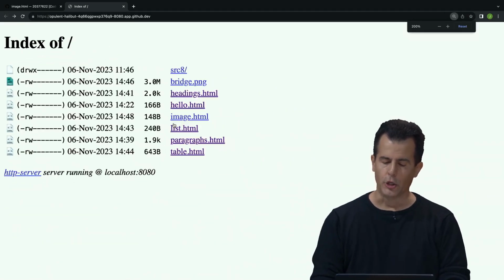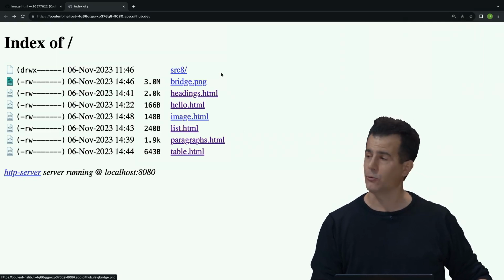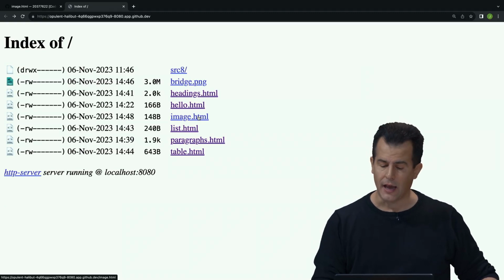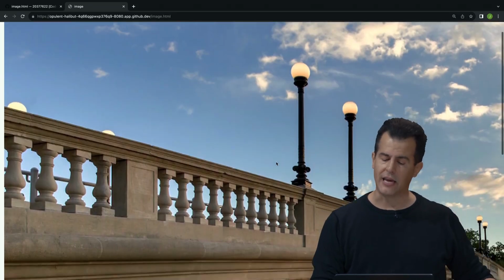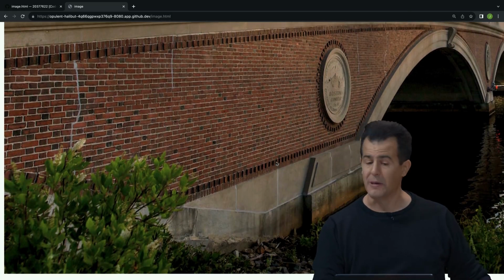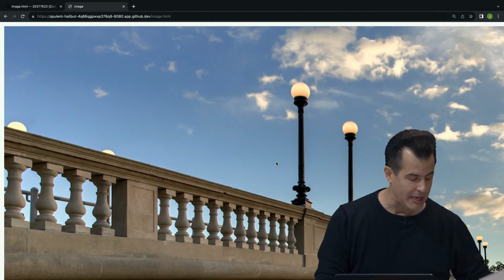and zoom out, you'll see now not only bridge.png, portable network graphic, which I manually copied in, but also image.html, which I just created. And voila, here is that same Weeks Bridge. It's a little too big for my browser window. We'll see in a little bit how we can fix things like that. But indeed, that's an image that's now embedded